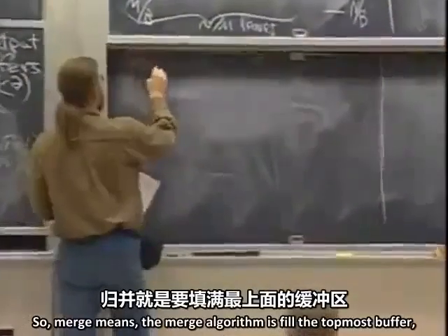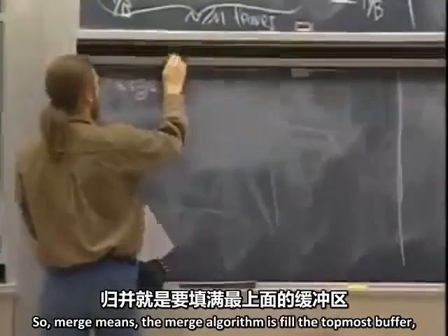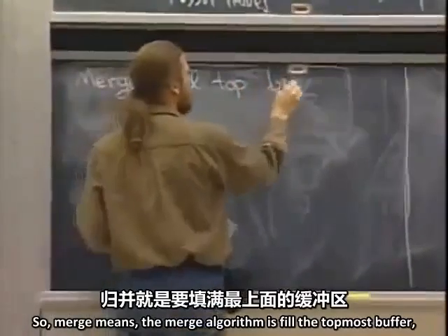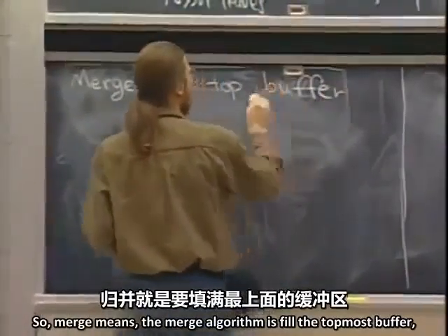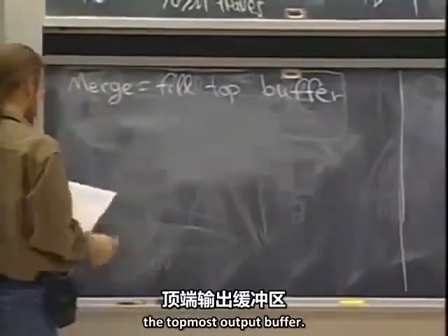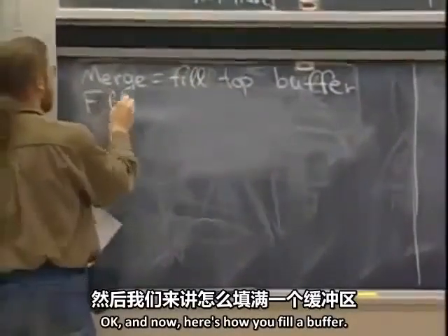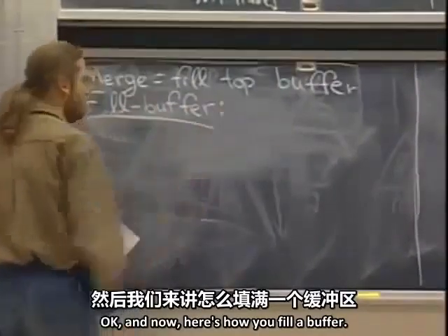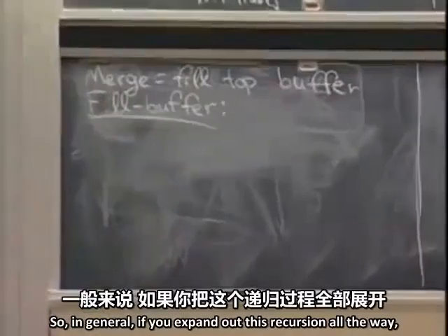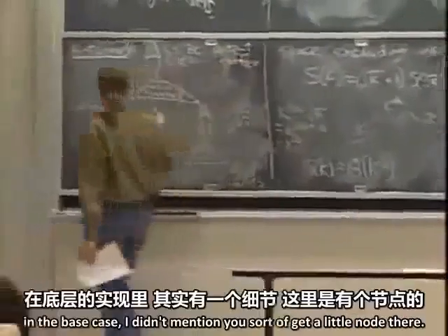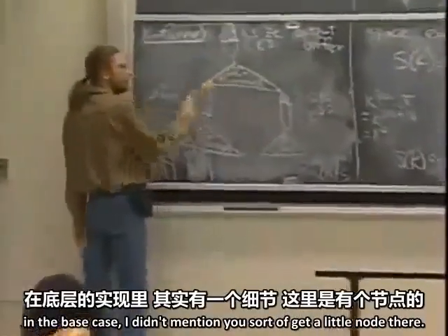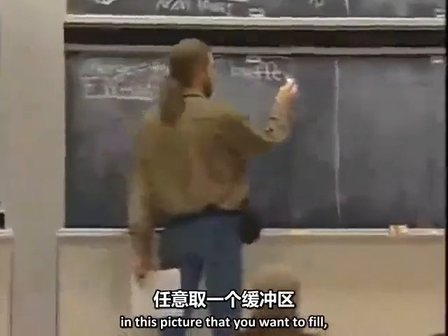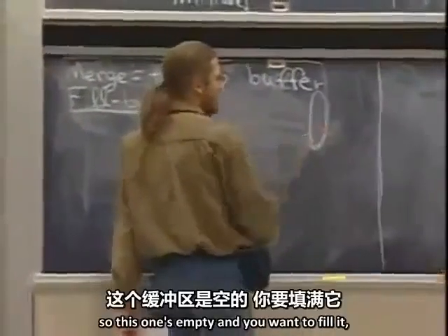So merge means: the merge algorithm is fill the topmost output buffer. Okay, and now here's how you fill a buffer. In general, if you expand out this recursion all the way, in the base case I didn't mention, you get a little node there. So if you look at an arbitrary buffer in this picture that you want to fill, so this one's empty and you want to fill it,